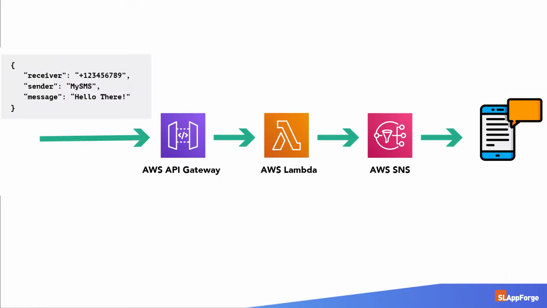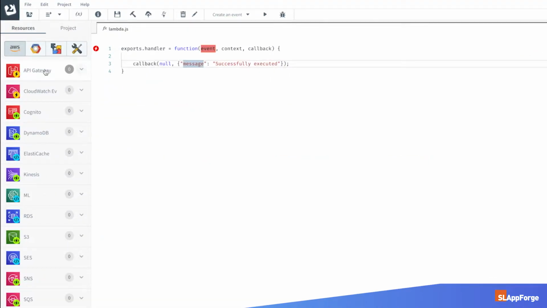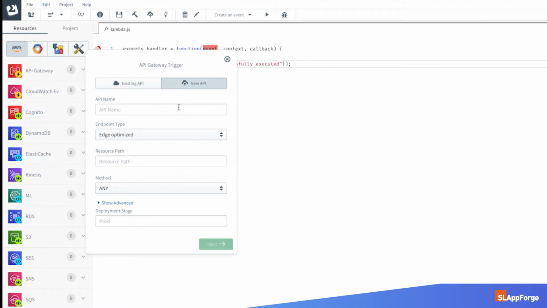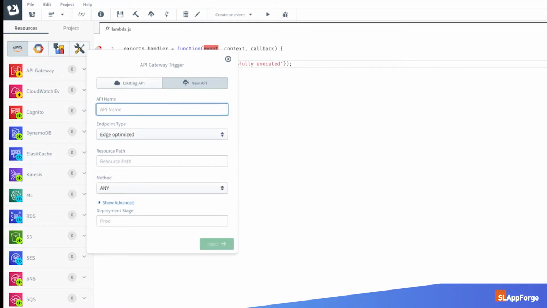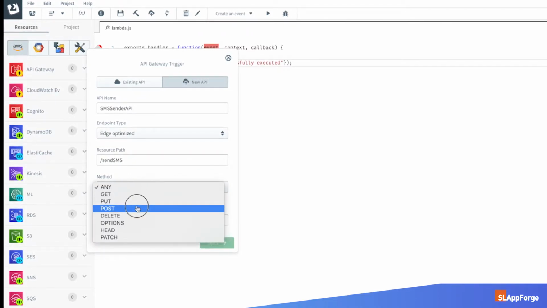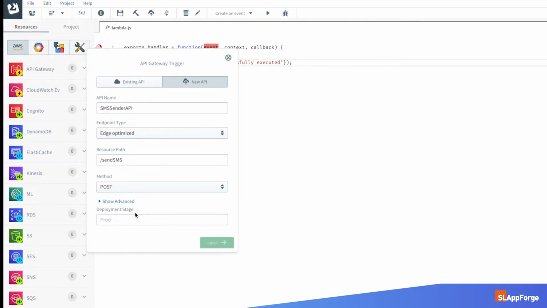So if you remember our architecture diagram, the first task is to add an API gateway and configure it to trigger the lambda when a request is received. For that, let's click on this API gateway service block and drag it onto the event parameter of the lambda handler. Once we drop the block, we get this pop-up dialog to configure our API gateway endpoint. We are going to use an entirely new API for this application. So let's provide the name SMS Sender API as the API name. Then we keep the endpoint type as edge optimized, and configure the resource path as sendSMS. Since we are going to only allow POST requests, let's choose POST as the method,